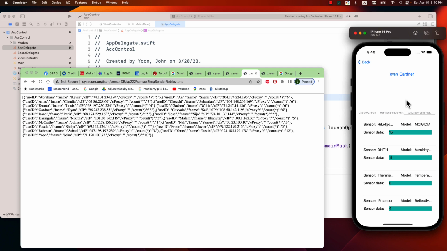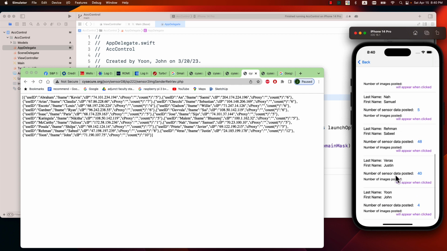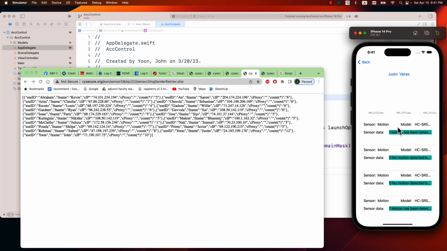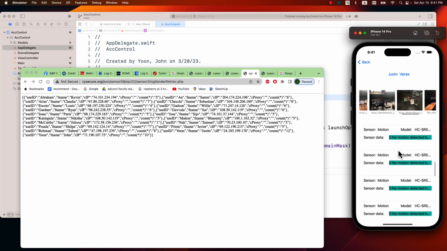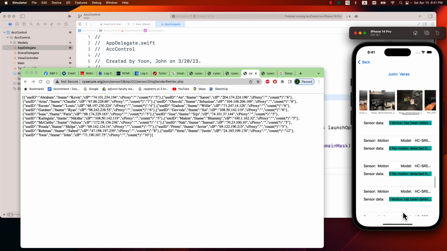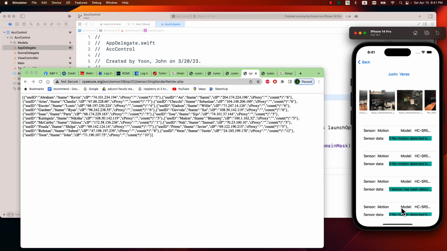Sometimes images can be generated all, but sometimes not all. Here, for example, Justin, then his image, yeah, takes time. So eventually all of this, right? And then he has many sensor data reported like here. So if you do up to this point, then it'll be